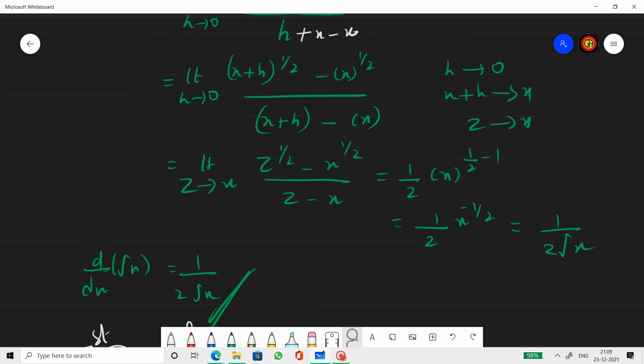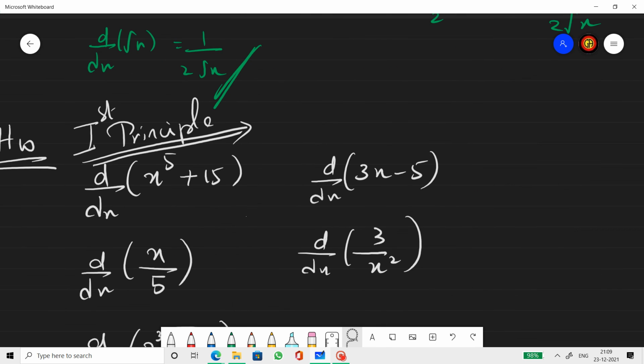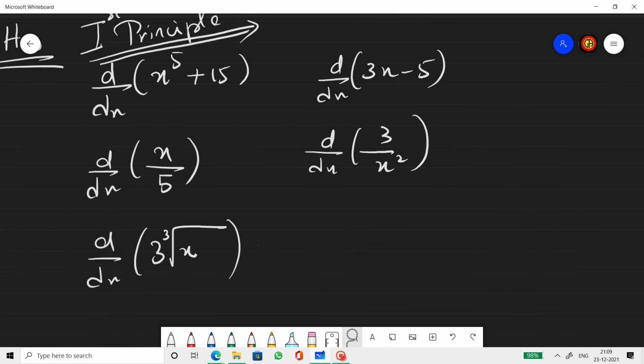So these are some simple models based on exponent differentiation using the first principle. Based on that, you can try all these sums comfortably. Hope my class